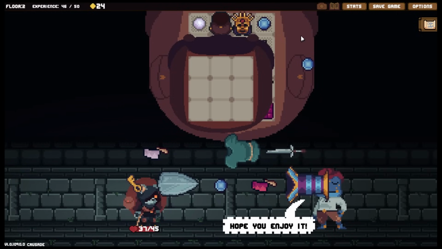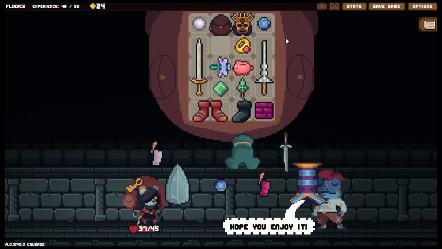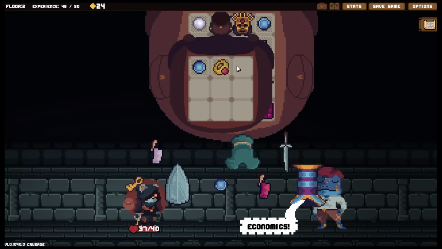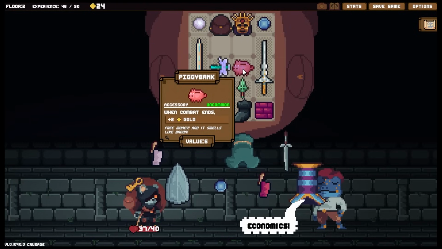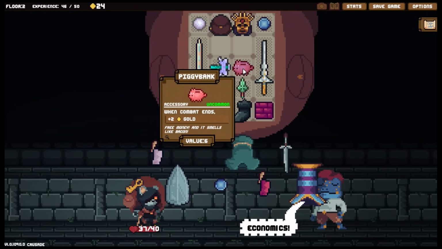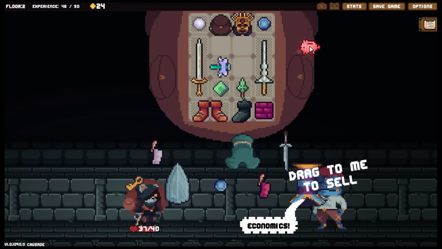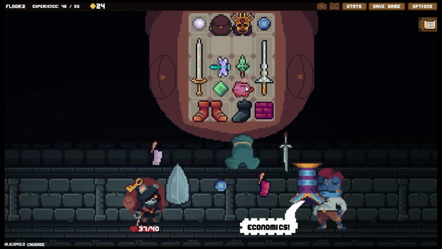This can go live there for now. This can go inside. So can the ring. I want the ring to go inside. There we go. The piggy bank. Do I want to get rid of you? Kinda do, honestly, but...